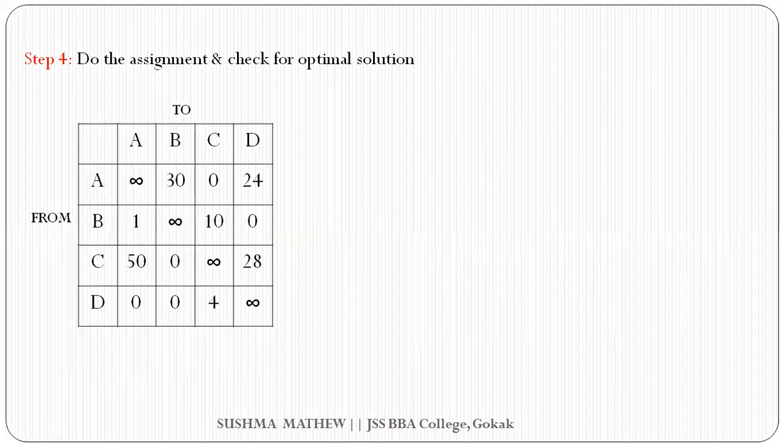Now to make the assignment, the column reduced matrix that we have got in the previous step, we are taking it forward now. So here the assignment starts. What does the assignment rule say? Can anybody tell me? How will the assignment go?